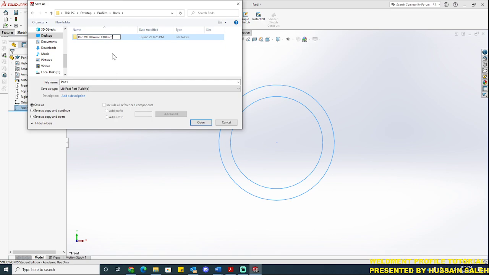Then save that folder, open it, then let's call this part as well rod 100 wall, outer diameter 100 mm, wall thickness 10 mm. Now save the part,